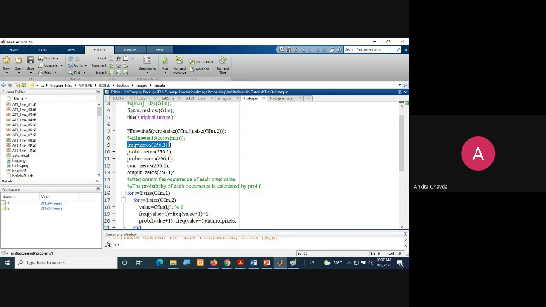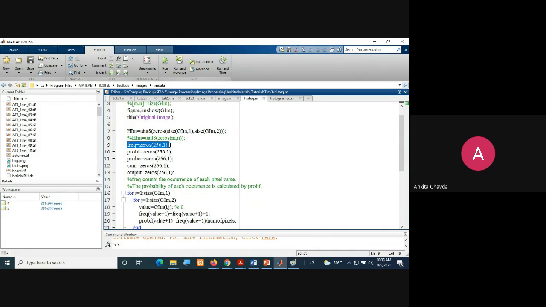Number of columns is 1. So it is your column vector, no? Single column, number of rows. It would be like a vertical line.